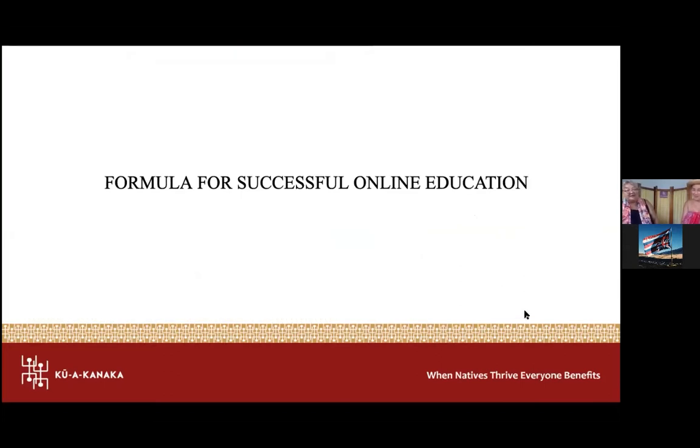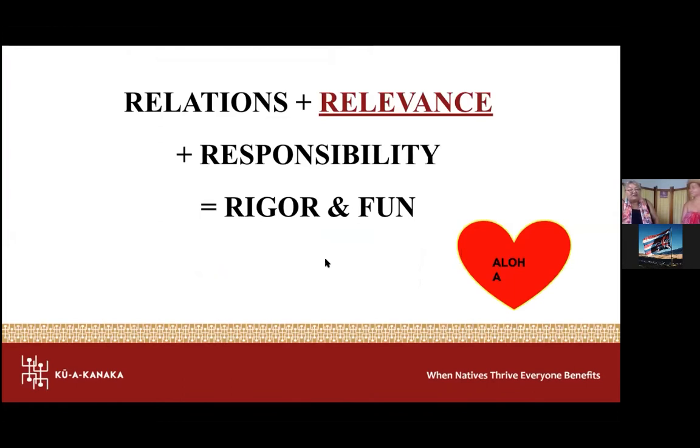Just so that we are all on the same page, can you please summarize one more time Pedagogy of Aloha? Yes. Pedagogy of Aloha starts with relations. Over 35 years of research have shown us that the most important part for a successful educational experience is strong and positive relations that are grounded in Aloha between students and teachers, between teachers and other staff and ohana, and also between the students themselves.